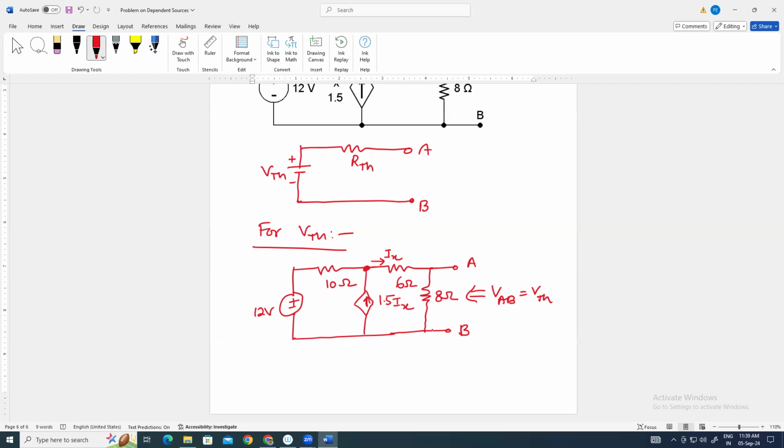8 ओम में IX करंट ही जाएगा ना। यस, 8 ओम में IX ही जाएगा क्योंकि AB ओपन सर्किट है। सो ये दोनों रजिस्टर में सेम करंट जाएगा। यहाँ से जो IX आ रहा है वो इधर तो जाएगा नहीं क्योंकि ये ओपन है। सो यही करंट यहाँ 8 ओम में आएगा। यहाँ पे 1.5 IX है। सो यहाँ पे कितना आएगा, उसके लिए हम यहाँ पे KCL लगा लेंगे। इसको मान लेते हैं हमारा नोड ये है 1। सो KCL at node 1,